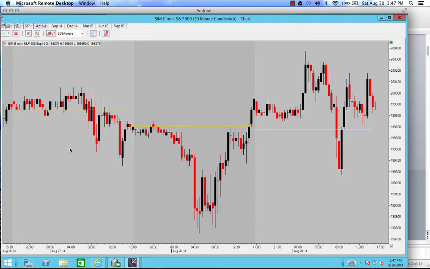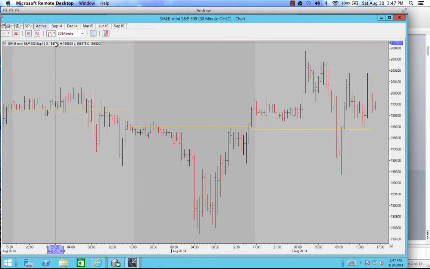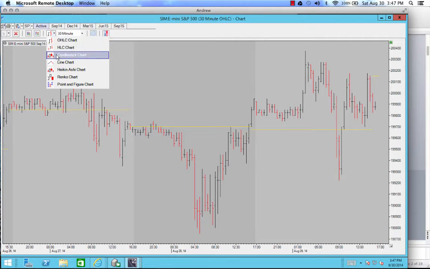Now we're going to show you some of the functionality of using your charting within CTS and explaining how to set it all up. The very first thing I've got is an S&P E-mini 500, S&P 500 30-minute candlestick chart. Where you can change this is the drop down menu. If you do not have candles, sometimes in the default settings it pulls up as a bar chart. All you have to do is come to the drop down menu right here, scroll down and select candlestick chart,